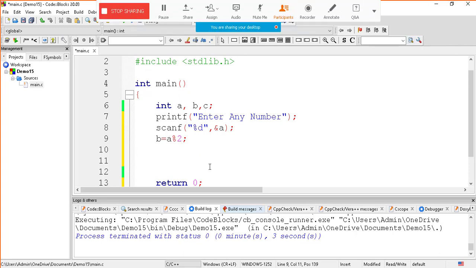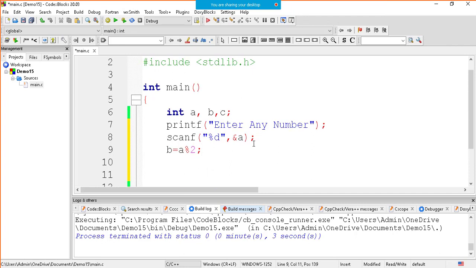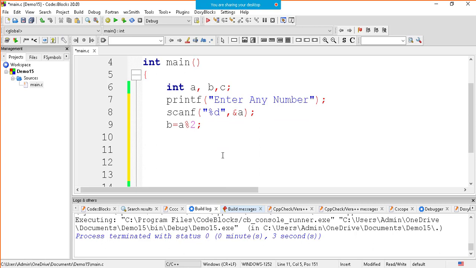Right? What I have written, b is equal to a modulo 2. a कहाँ से आया है दोस्तों? From where I got a? User has entered. So for example, user may enter 13, he may enter 5. So suppose he has entered 13. So 13 modulo 2. 13 modulo 2 क्या हो जाएगा? 1. तो b में क्या जाएगा? 1. Suppose he has entered 14. So 14 modulo 2. 14 modulo 2 क्या हो जाएगा? 0. 0 will go inside b. That means the value of b is going to be a decision making parameter. Is it clear to everyone? b is going to be the decision making parameter.